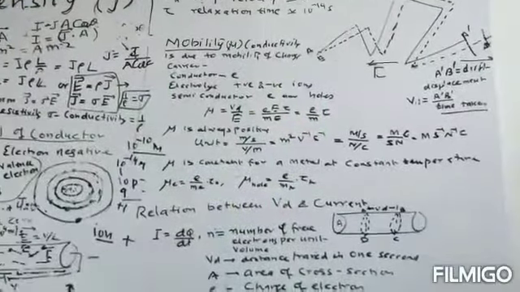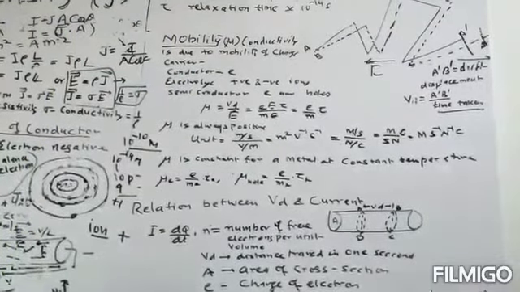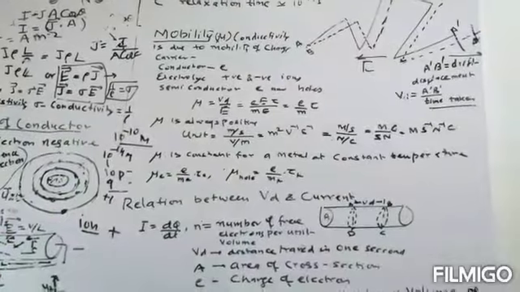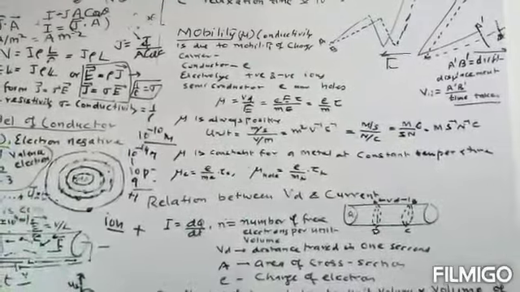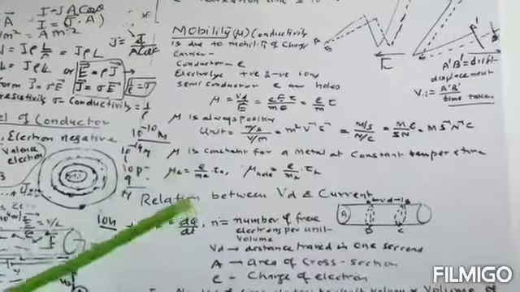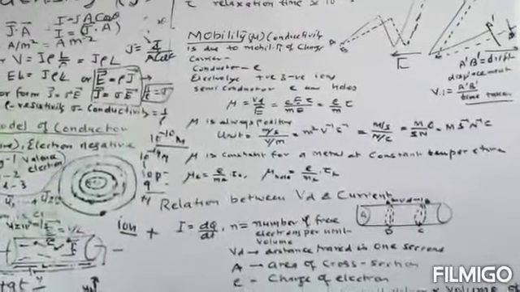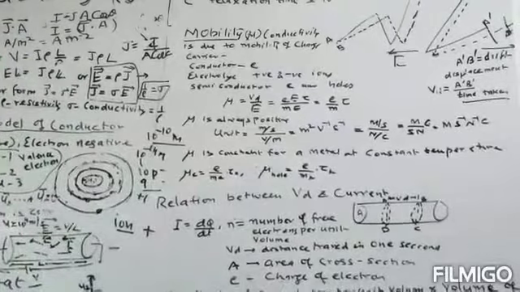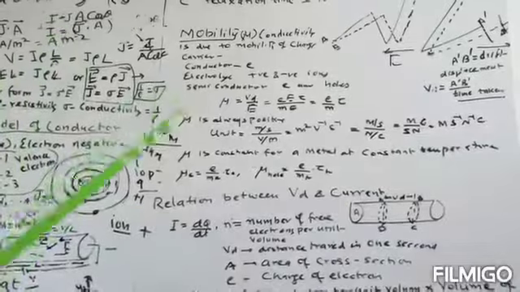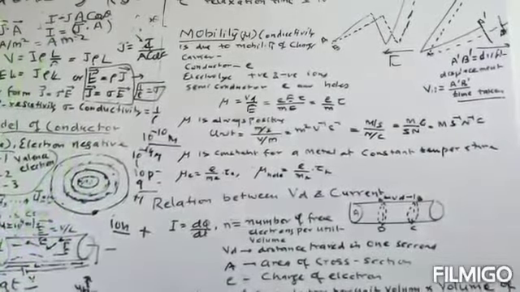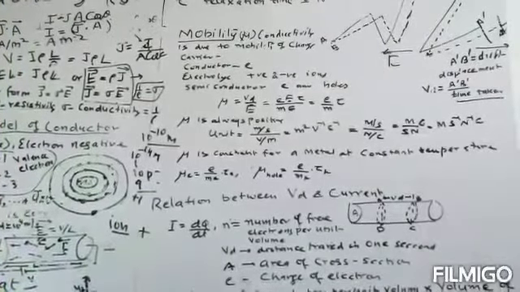Now we will take the next topic: what is mobility? What do you mean by mobile? We have two types of phone: one is the basic phone and another is the mobile phone. A basic phone we cannot take outside, but a mobile phone we can take outside. So mobile means it can move. In the conductor there are charges, and the charges move. Then the mobility of the charges will depend on the type of conductor.